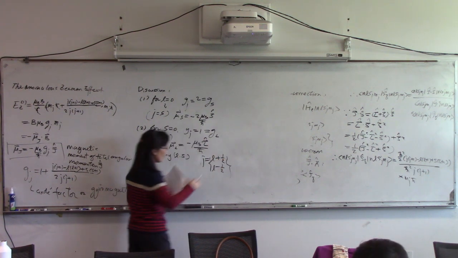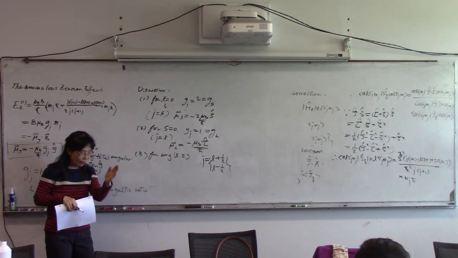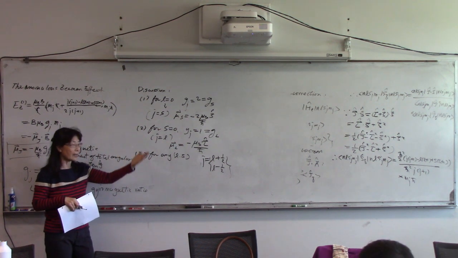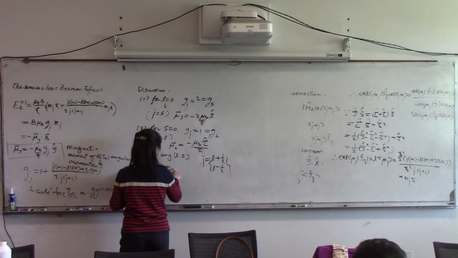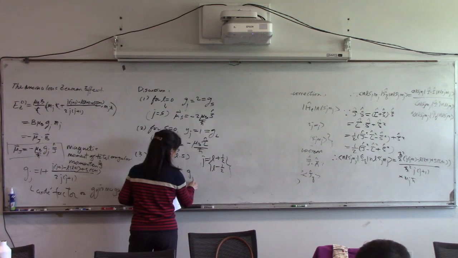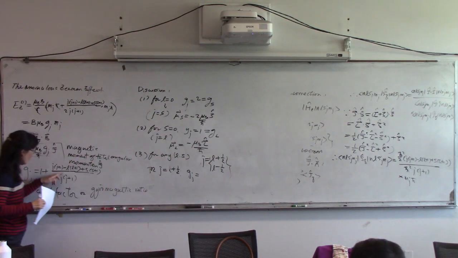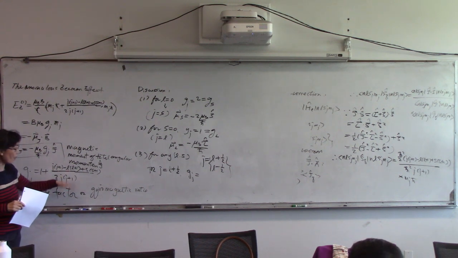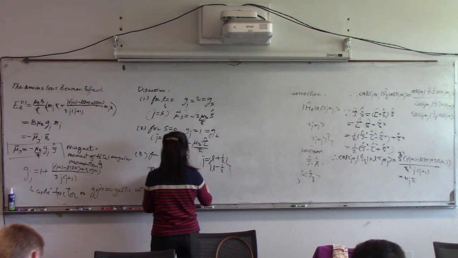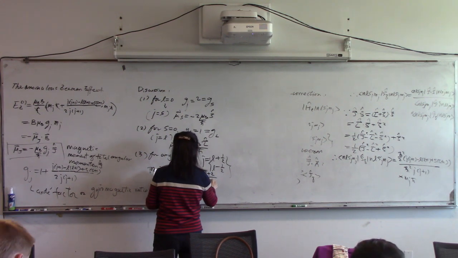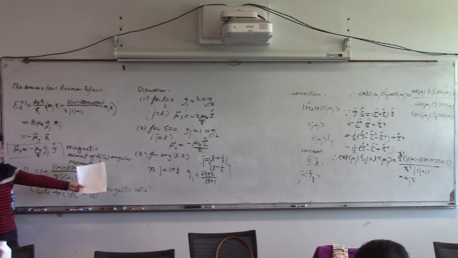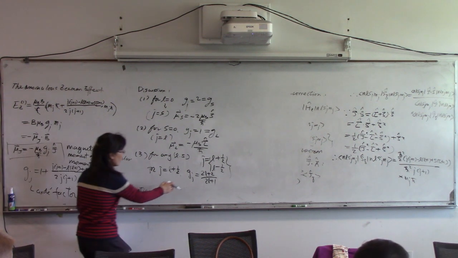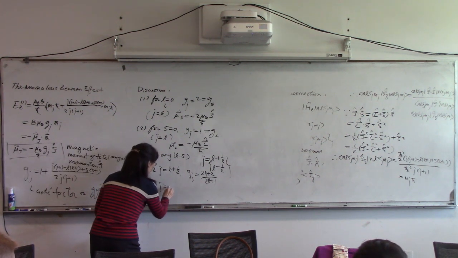There are two values, right? Because J's maximum value is L plus S and the minimum value is L minus S. So for J equal to L plus half, you just substitute this J value in here. I will not do the details at the same time, and you will see more easily it is (2L+2)/(2L+1). We have this formula. So when you find this g_J, there are two values, corresponding to J equal to L plus half, that is this one. And for J equal to L minus half,